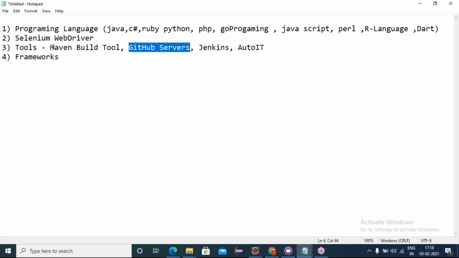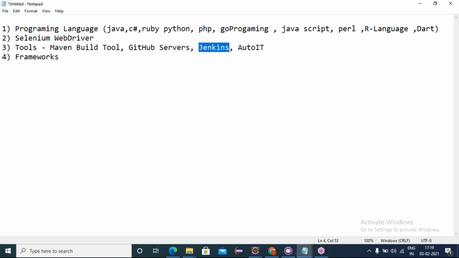Once we develop your project with the Maven build tool, it is stored in a GitHub server, so you and I, everyone can access this code and work on updated code in a distributed manner. Once we develop and keep it in a server, next we have to execute the builds available in the GitHub server. How can we do that? We can schedule by using the Jenkins tool, where we can create jobs.